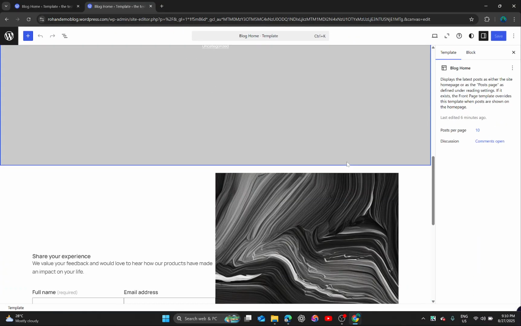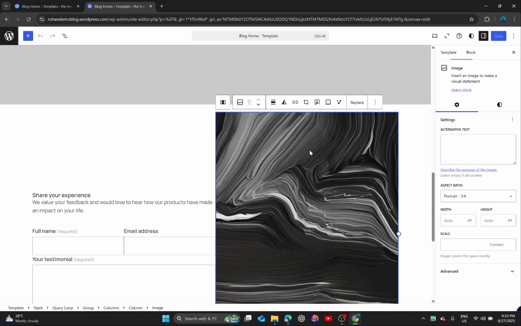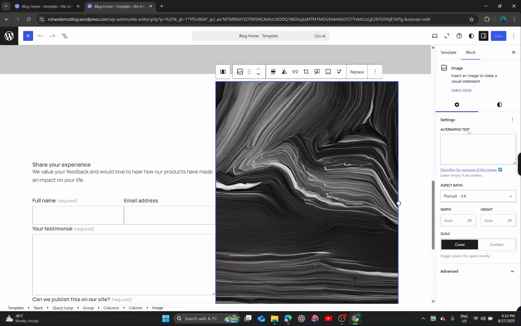Scroll down and go to the image you want to add the alternative text to. Click on the image, and on the right hand side you can see an option called alternative text. Here you can write down your alternative text, whatever you want to write. It is really important for search engine optimization, and it really helps to find your specific photo in WordPress